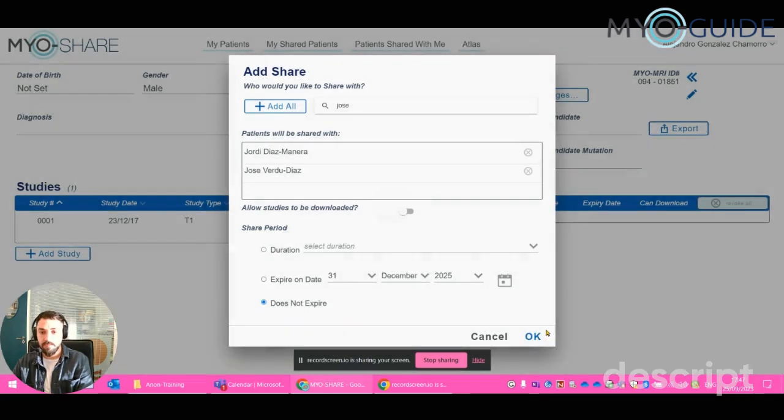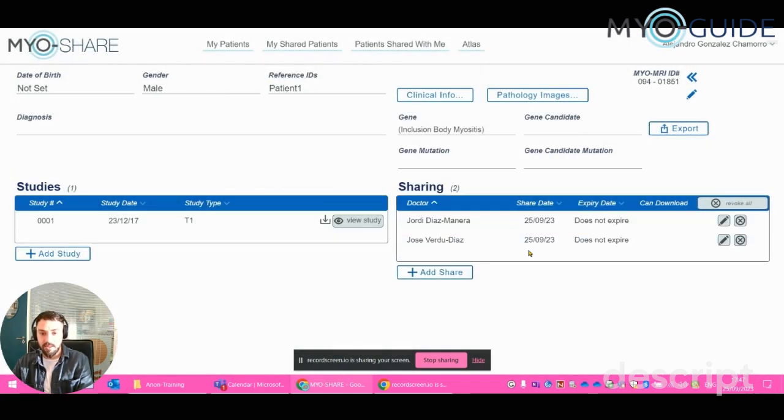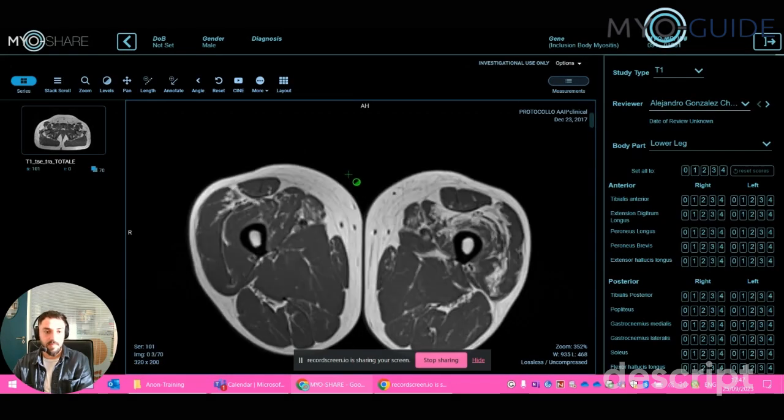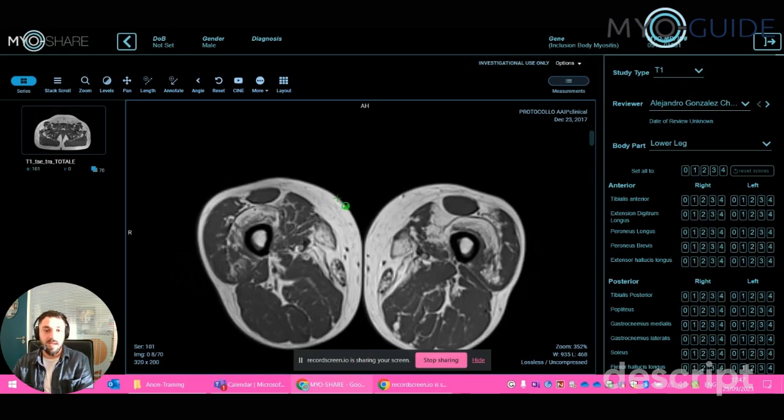I click OK. Now it's shared with them until the date that I specified, and here is my MRI already uploaded. I'm going to check that it is working properly. Here's our image. And what I wanted to show you as well, if your MRI is not properly anonymized, the patient name and other information will be displayed here in this corner.